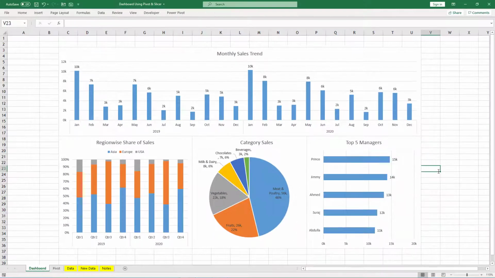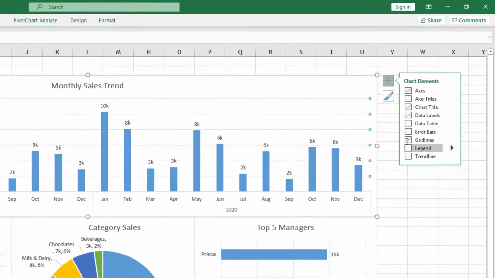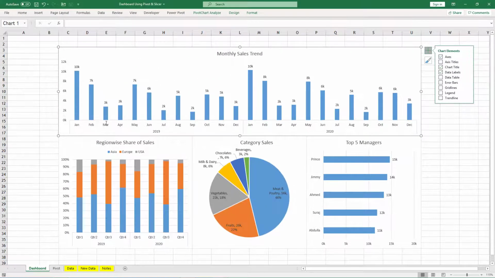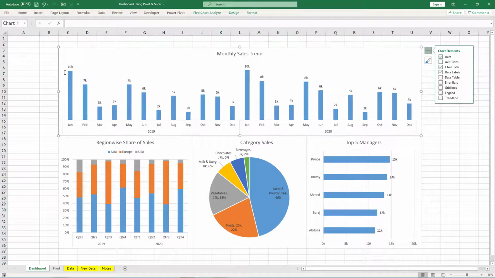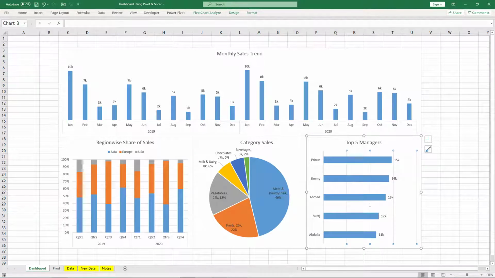Okay, so that's fine. Now when you are already looking at the data labels directly, you can remove these grid lines. Grid lines are here, you can remove them, and the axis is also not required because we have the numbers directly on the chart. For this one also, you can remove the x-axis, and this grid line is not important for you.